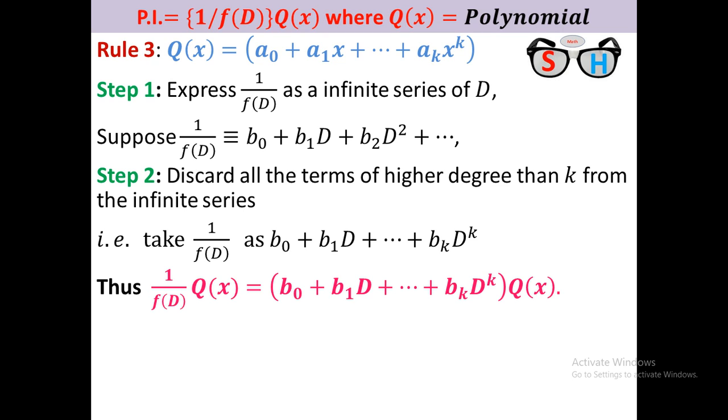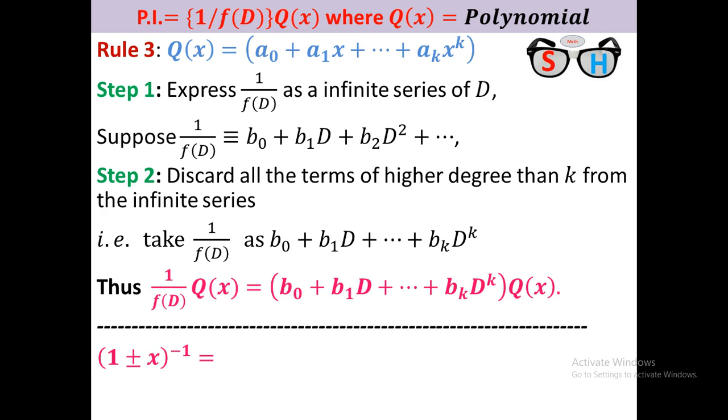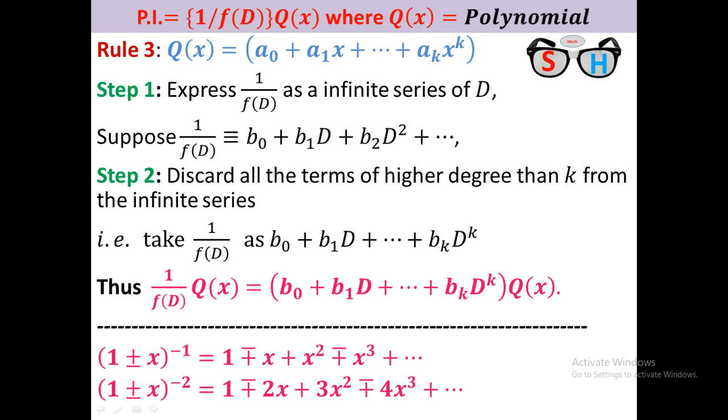Okay, now I give an example, but first I give two formulas which are well known, but I write them down here because they are used in some problems. The first is (1 plus minus x) whole to the minus 1. If you take the first sign, then (1 plus x) to the minus 1 will be 1 minus x plus x square minus x cube plus dot dot, and (1 minus x) to the minus 1 will have all signs positive, that is 1 plus x plus x square plus x cube. And second is (1 plus minus x) to the minus 2. The formula is the same, but the coefficient is changed. The coefficients are respectively 1, 2, 3, 4, etc.